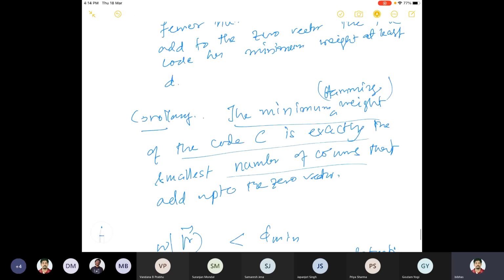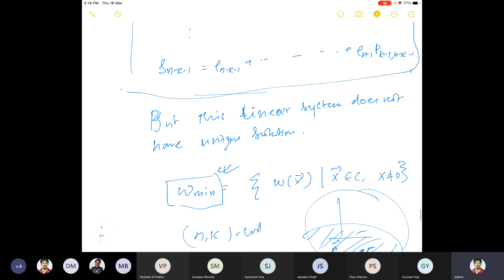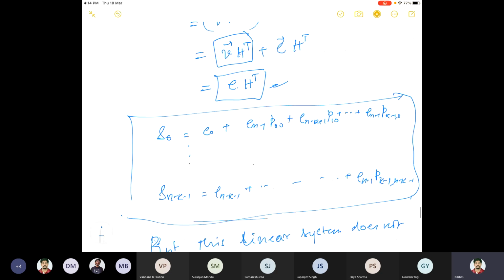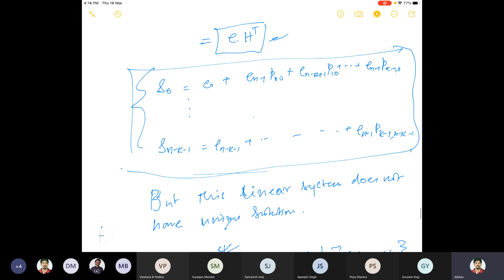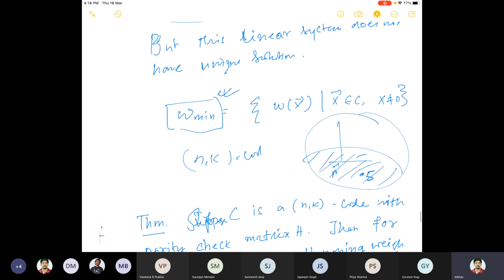Here we said that using this syndrome, we cannot actually calculate the error because this linear system need not have a unique solution. So we cannot find the error. Now I'll discuss the method of how to correct the error, which is called syndrome decoding. I wrote it here just to tell you how the syndrome is related to the errors with the parity check digits and the error digits. But I also said this cannot be solved because there are many solutions, so you cannot find what the error is.